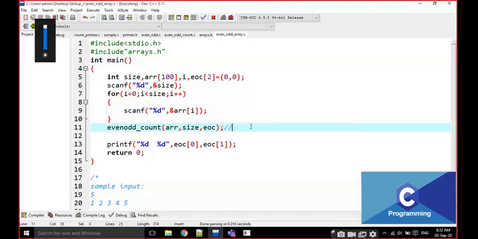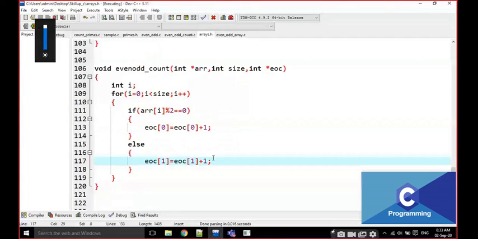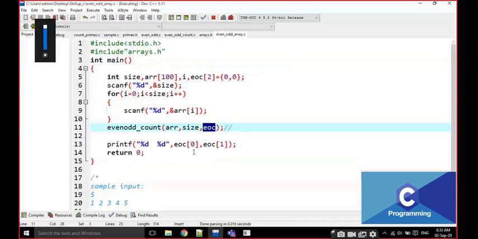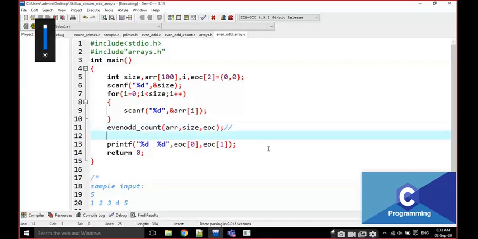What is the result? Instead of two address values, now I am passing only a single address value. That address belongs to some array, the resultant array I am passing. This is the method: you pass the resultant array as a function argument. This is the second method and the best method also. Here I am modifying the resultant array values, then it is automatically applicable in the main function. Just note it down everyone.